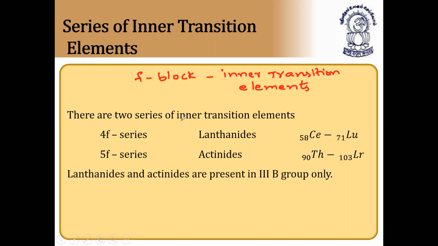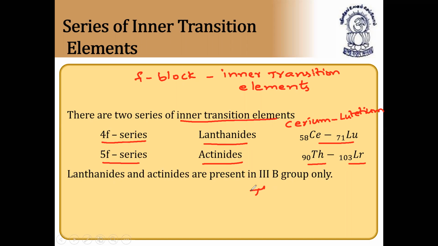There are two series of inner transition elements. One is lanthanides and the other is actinides. Lanthanides form the 4f series and actinides form the 5f series. The lanthanides run from cerium to lutetium. Ce means cerium. Cerium to lutetium, and thorium to lawrencium. Th means thorium,